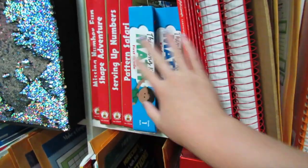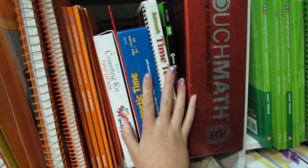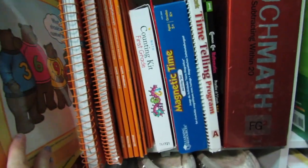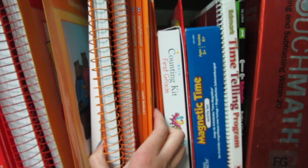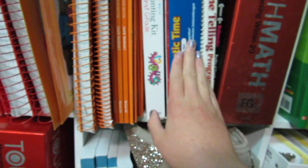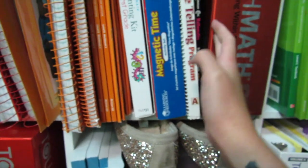So, as I said, this is all kindergarten, and then I have my big clock here. Technically, it goes over here. It just doesn't fit, so it stays here. And then these are just like task cards. This one is pattern puzzles, and this one is number square puzzles. Then again, we have first grade, Connecting Math Concepts, and then this is a counting kit for math, a magnetic clock that you can stick to your whiteboard, a time telling book, and then Common Core mathematics,